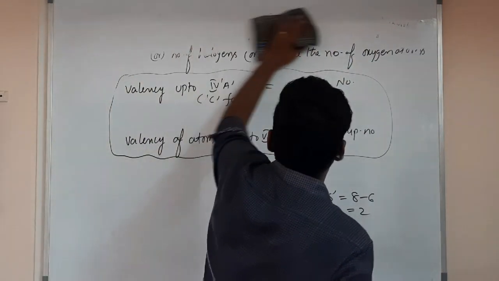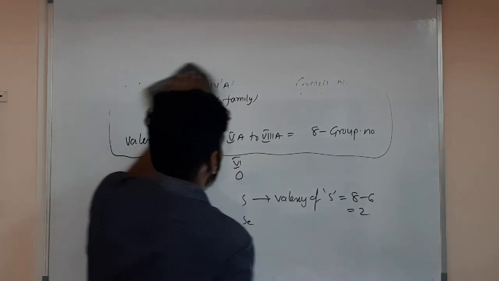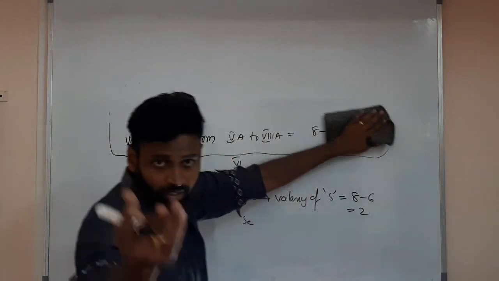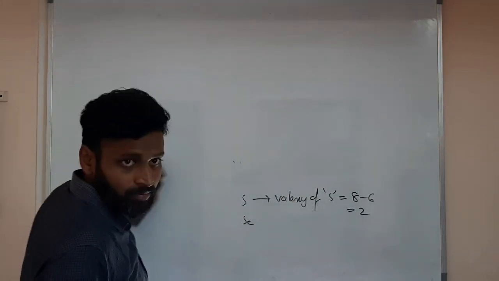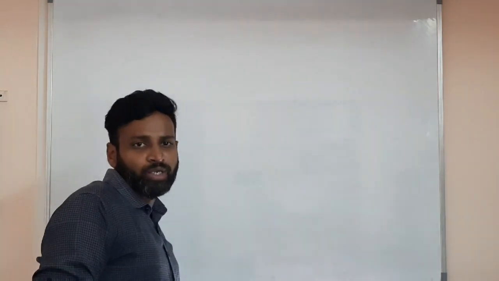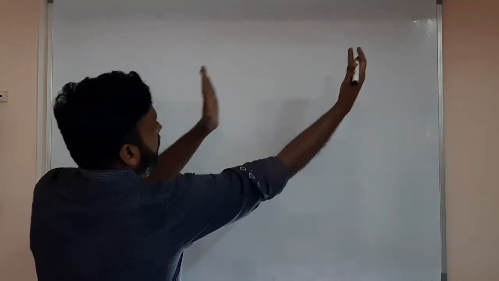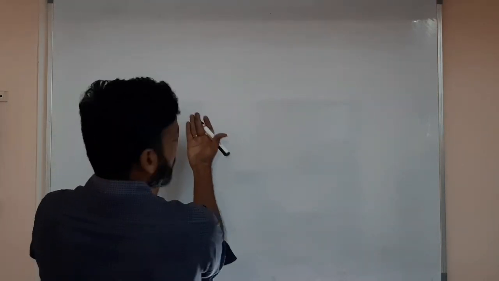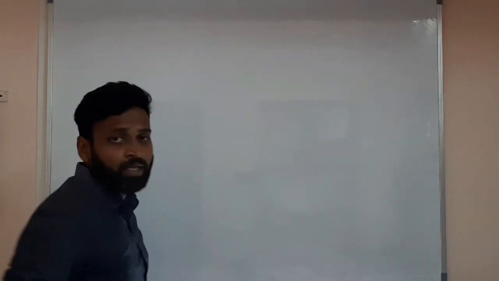So next what we have to discuss. Valency of atoms only we have to discuss, but individual groups. So once you take the periodic table, while watching this class, just sit with your periodic table, keep the periodic table in front of you and watch class. Who are 1A group elements, who are 2A group elements, who are 3A group elements, 4A, 5A, 6A. Do you remember, S block elements are on the left side and 3A to 8A on the right side you will have. If you have a periodic table in front of you, on the left side you have S block elements, right side you have P block elements.